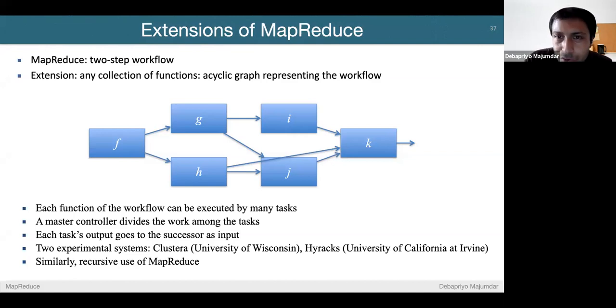Yes, we may have to do a two-step thing, or there are many algorithms like PageRank and several machine learning algorithms which are iterative, right? You keep on doing the same thing over many iterations. We will actually do many of these later in the course, so for that, this idea is important. Of course, people did not create arbitrary structures like this. They kept the MapReduce or even simplified it further. And that's what we will see when we see Spark.